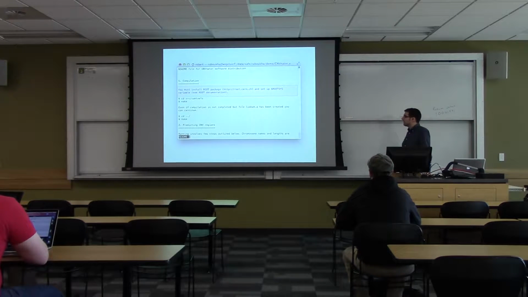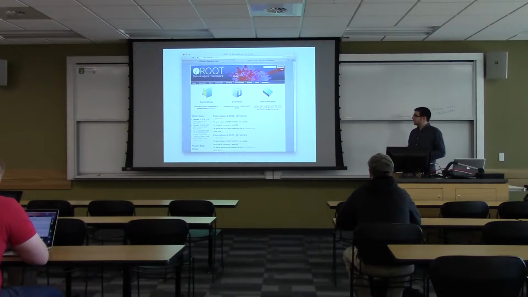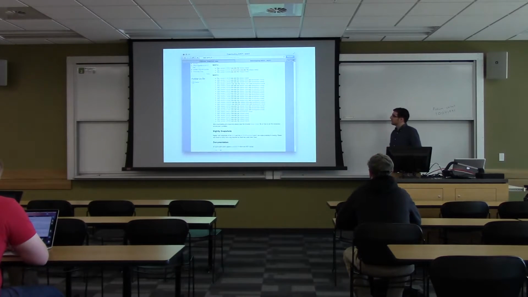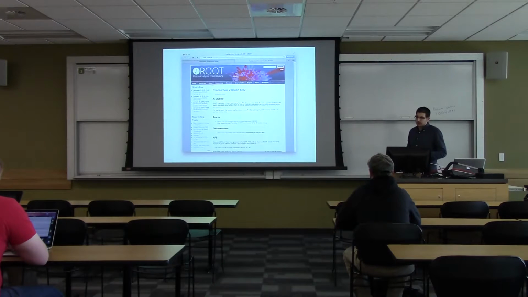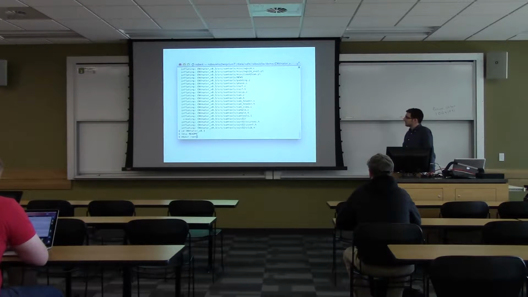As it turns out, you can't just install it, you need to install another package before that because it has dependencies. So okay, you go back to the browser, look for this package called root. It has nothing to do with root users. And you get to the website. There's a big download button, so you click on it. Okay, so the latest version is root version 6, so you try to install that. And you get the URL and you go back to the command line. Now you download this,